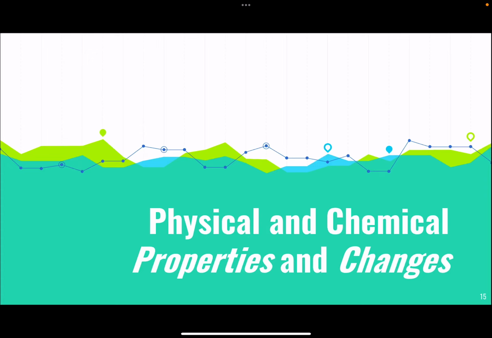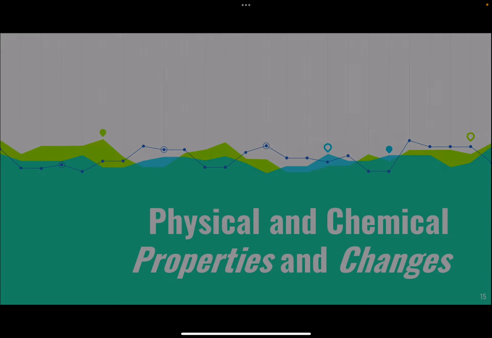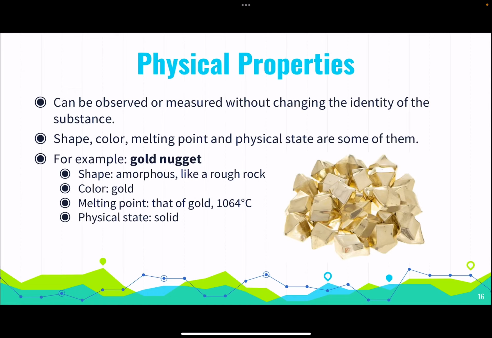We're going to talk about the physical and chemical properties and changes. So when we're talking about matter, it is important to know about the properties and the changes that some matter undergo. So the physical properties are the properties that can be observed or measured without changing the identity of the